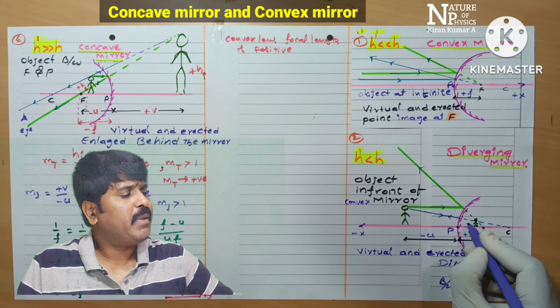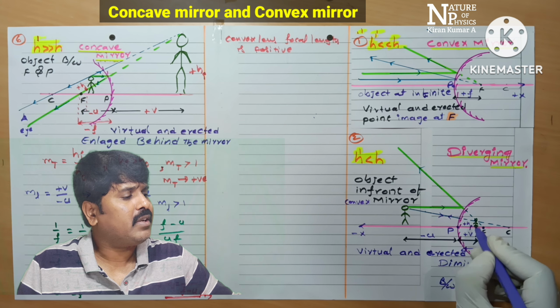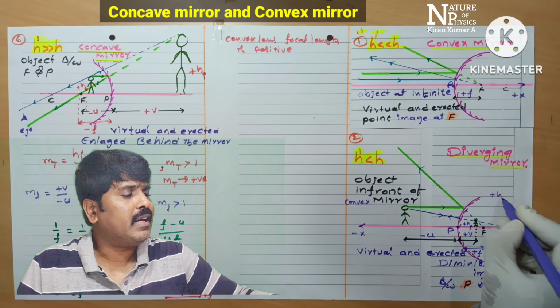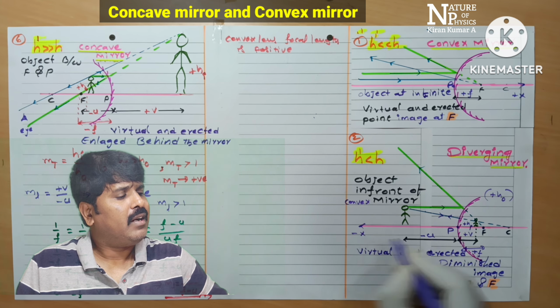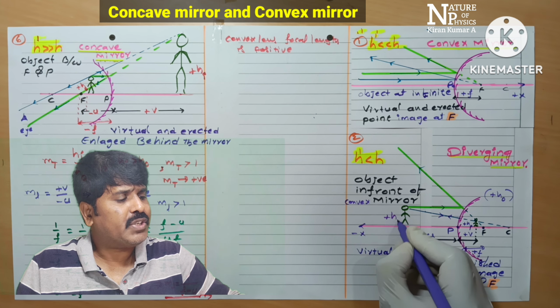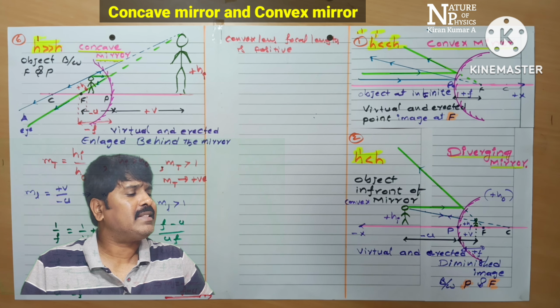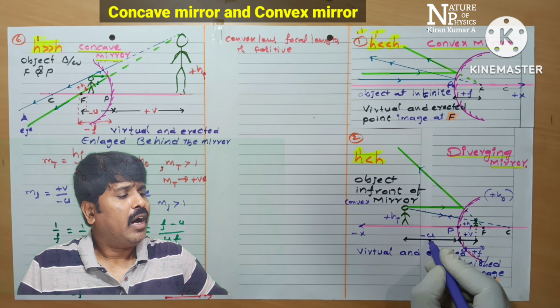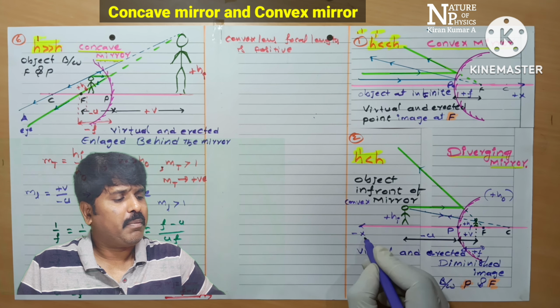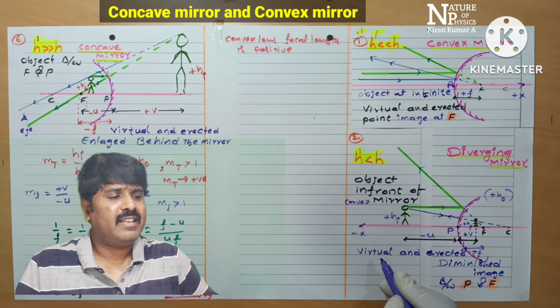Student, this image height is taken as plus hi. Image height is plus here because it is above the principal axis, and here the object height is also plus, student, above the principal axis. But the image distance is positive and the object distance is negative, representing along the negative x-axis, so that